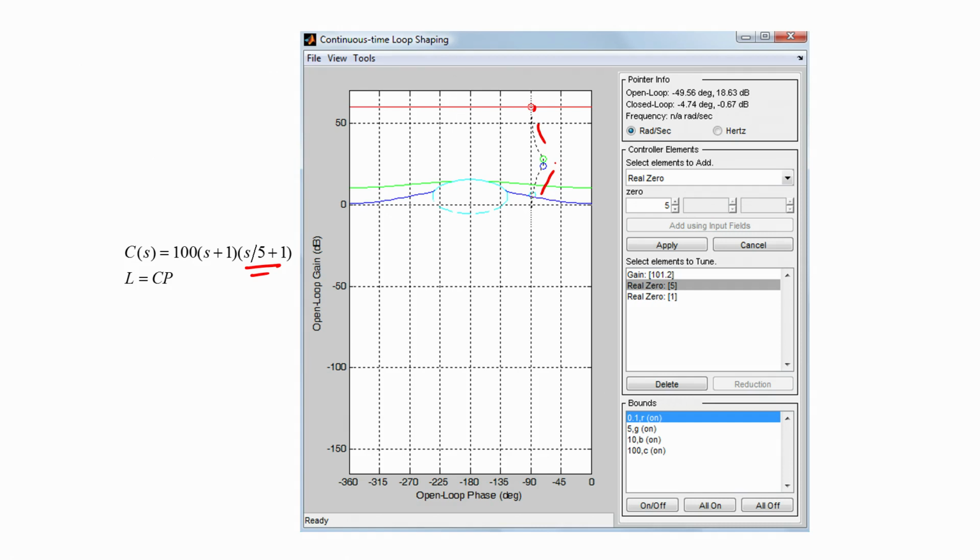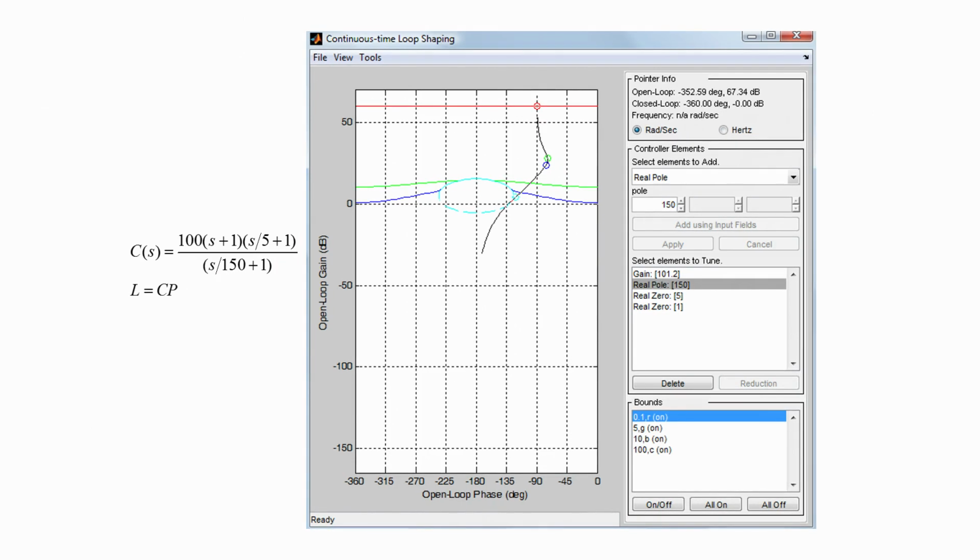And since the frequencies of interest as far as performance are up to 10 radians per second, we choose to add the pole for the controller at a much higher frequency. In this case, one controller pole has been chosen to be added at 150 radians per second, and as a consequence the Nichols plot changes to the curve that has been shown here. Once again we see that the loop gain is within the permissible regions for all the frequencies that we have considered, and even at 100 radians per second the loop gain is outside the forbidden circle.